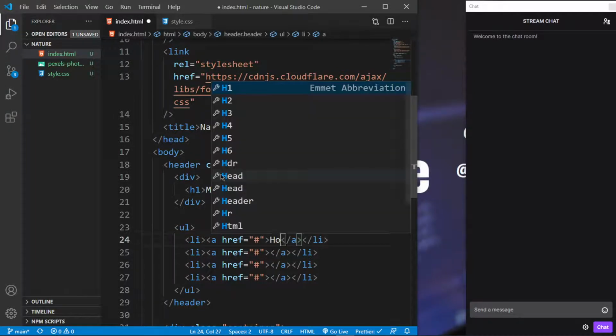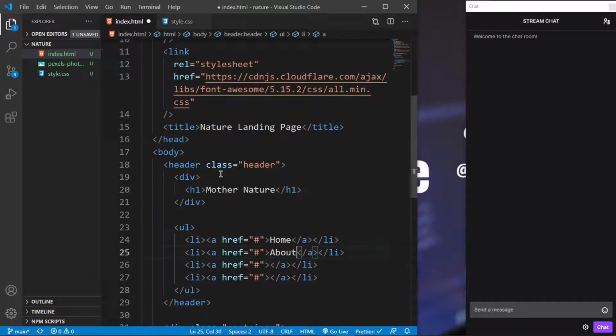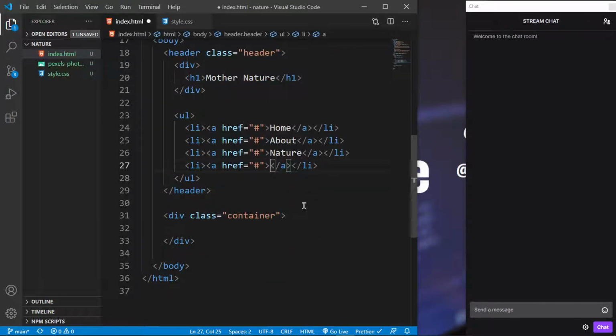And then this first one will be home, about, nature, and then finally what link might rhyme with nature. Trees maybe, I don't know, it's just dummy text anyway. And then inside this div with a class of container,